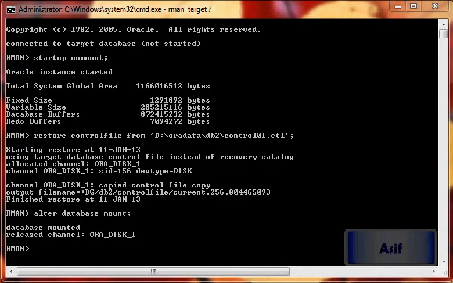Our database has been mounted, and now we will go and proceed further and restore the data files into the disk group. So we will say backup as copy database format, name of the disk group is this one, and here we go.